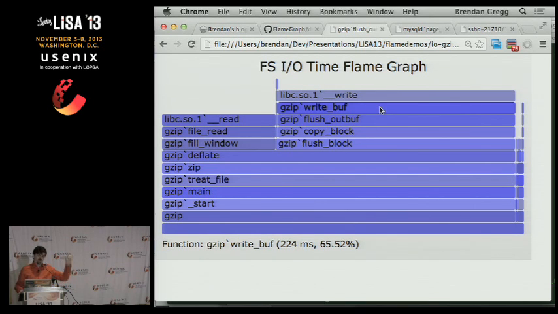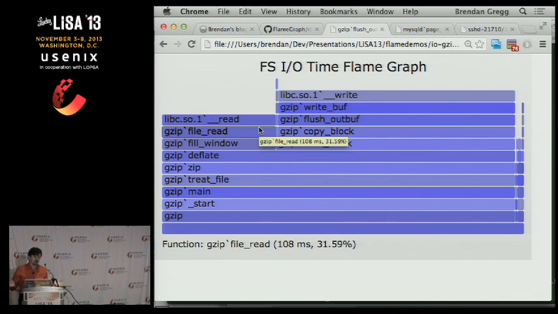The other really useful thing about tracing it up at the file system is that you do catch other types of I/O latency that you can't see at the block device interface. So you can't see lock contention. You can't see the earlier flame graph that I did where it was ZFS I/O throttle, which was because you're in a multi-tenant environment and we're throttling one tenant over the other. If you look at iostat down at the disk level, you don't see that. But if you look at the top of the VFS level, it is all sources of latency. So all sources of latency, that write path is 224 milliseconds, and then the file read is 108 milliseconds.